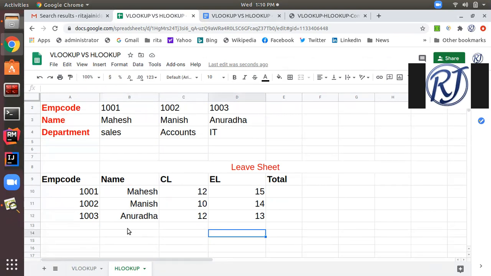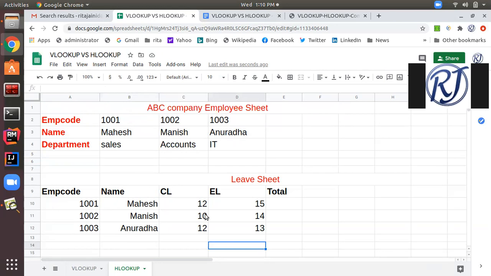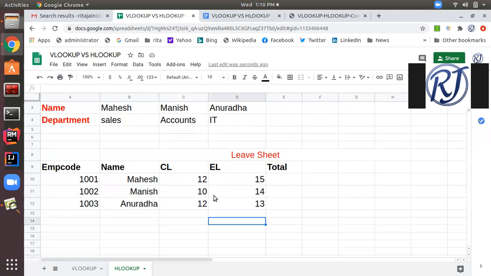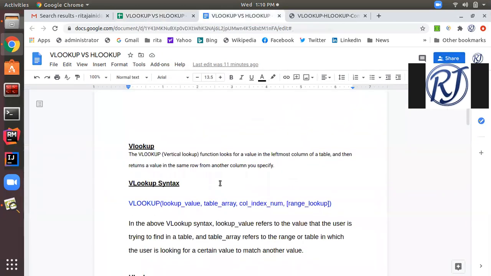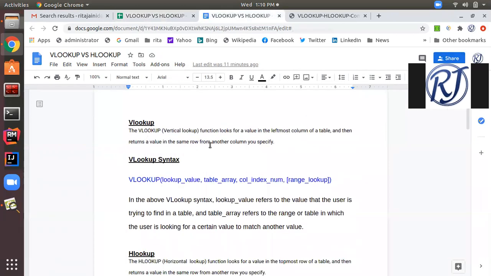HLOOKUP and VLOOKUP functions. So let me summarize these functions. Today we learned about the VLOOKUP function. This is the syntax. VLOOKUP is used for vertically looking up the value in the leftmost column, and then it finds the value for the corresponding column you specify.